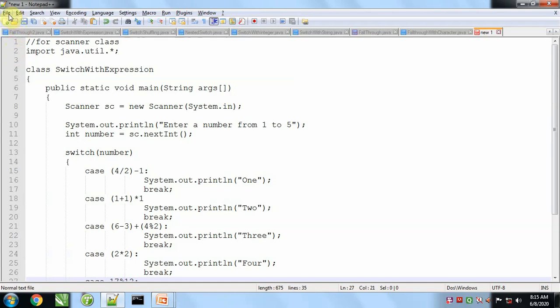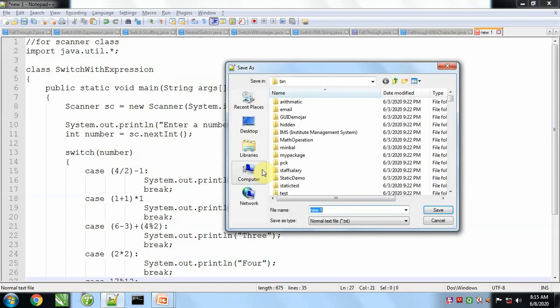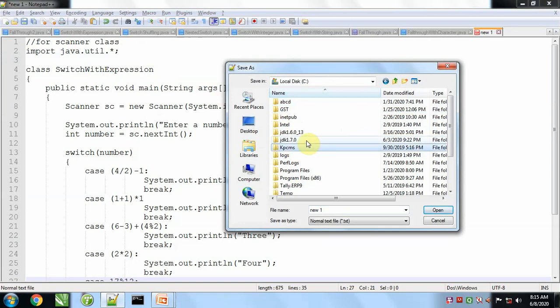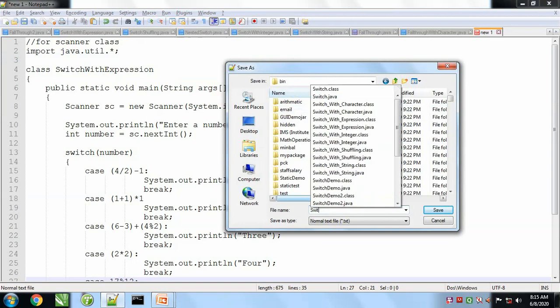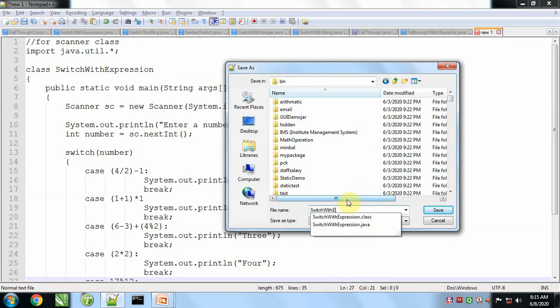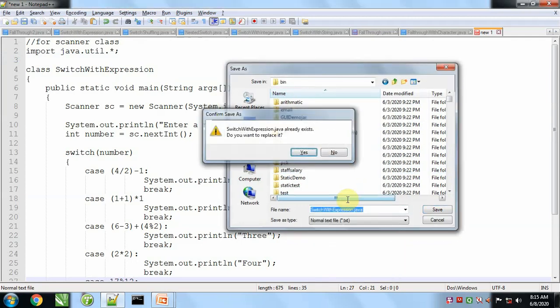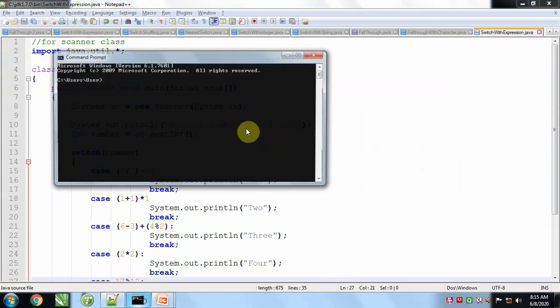We'll save this program first. My computer, C drive, JDK 1.7 and bin folder. Open command prompt.